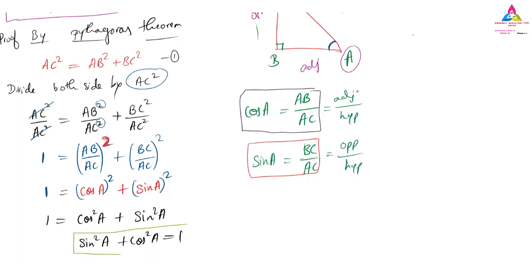So anyone have a doubt in this? So our first identity of trigonometry function. Anyone have a doubt? No, sir. Yes, and most importantly, this derivation they won't ask anywhere, but you have to remember the first identity, that is sin square A plus cos square A is equals to 1.